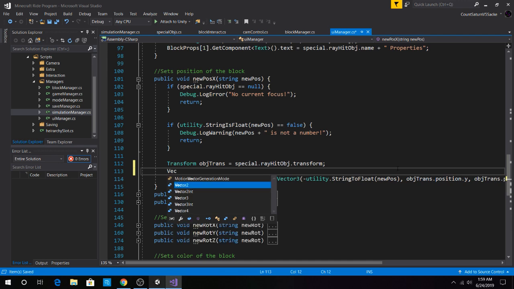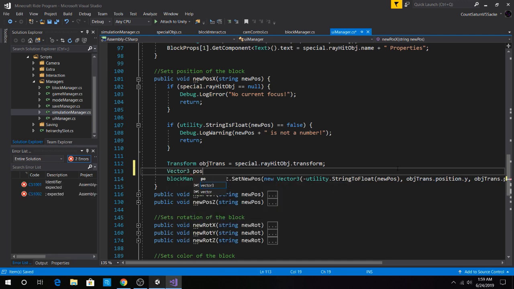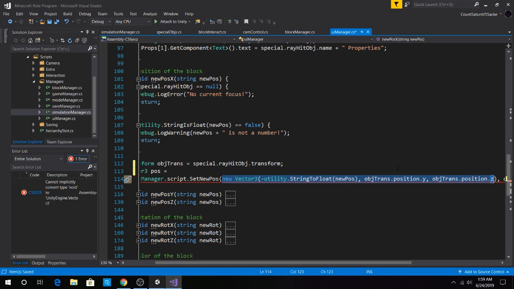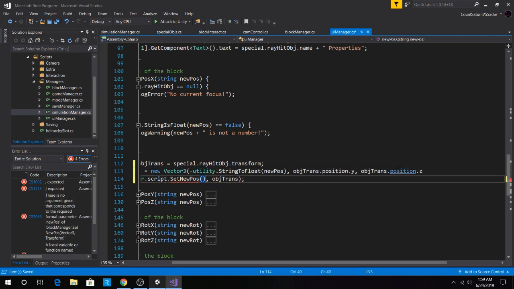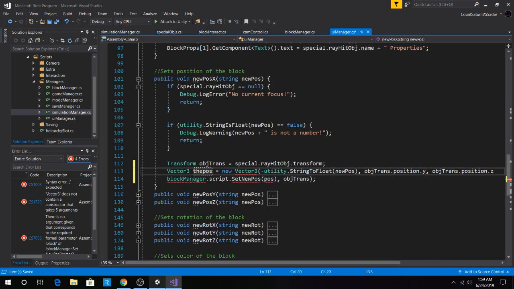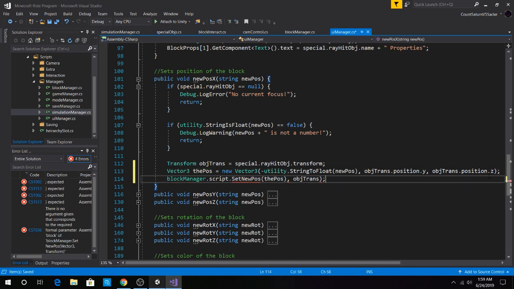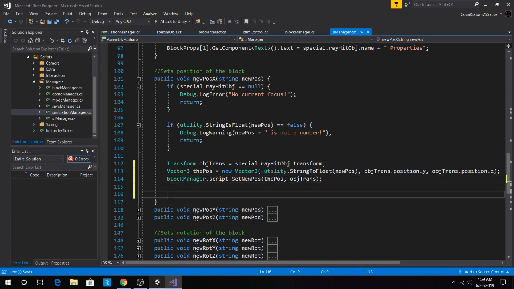We'll just have a Vector3, and this will be position, equal to this whole entire thing. Take this guy, put it here, and then we put position. We'll call it pos because we need to. Not bad. There we go. And lastly, after we do that, we want to go to